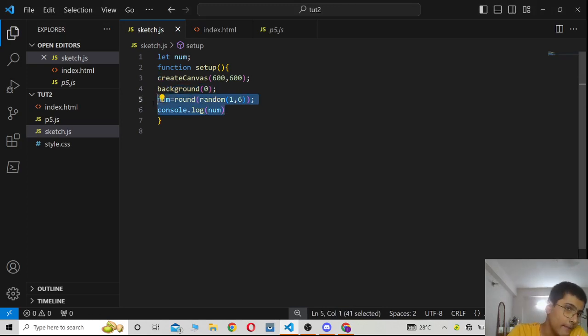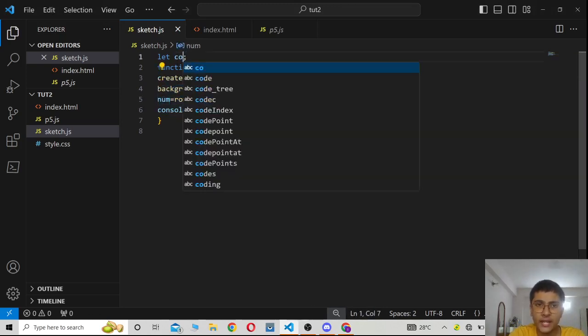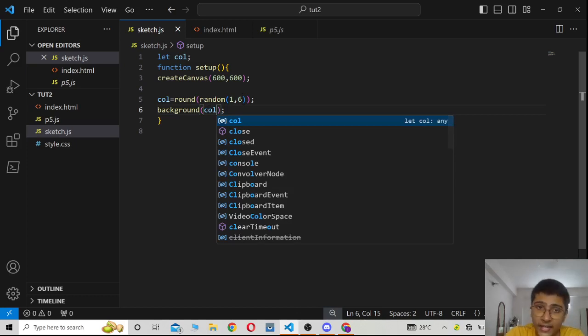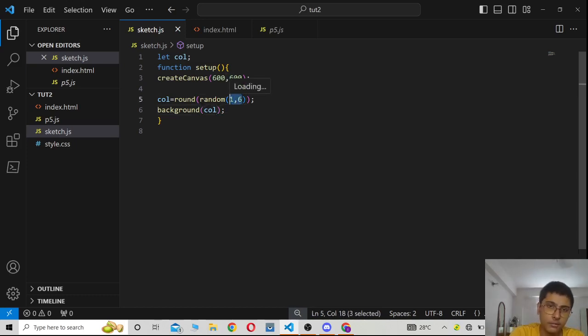So let me say that I'm changing this variable name to colors, let's say, and remove this. First of all, cancel this, and I will say I want a background color to be based on this color variable, and then I will give it a random number between 0 and 255. I want a brightness value for a second, or I could just write directly 255, and then if I run this, I could see